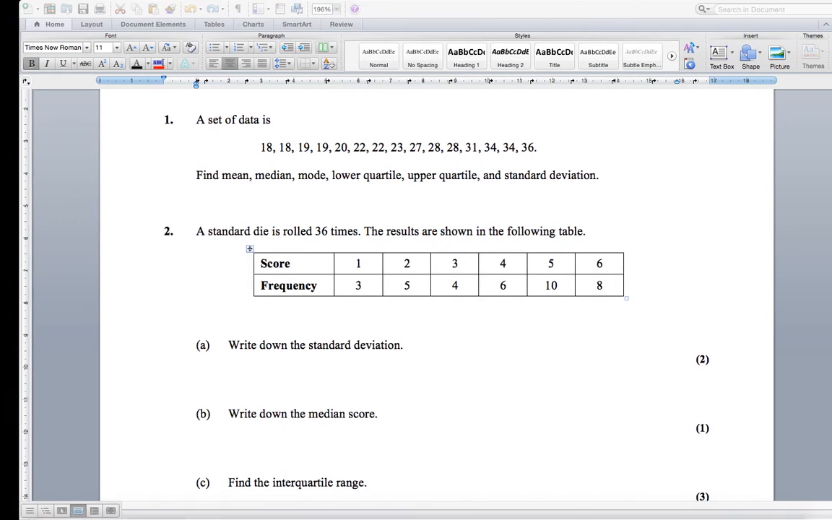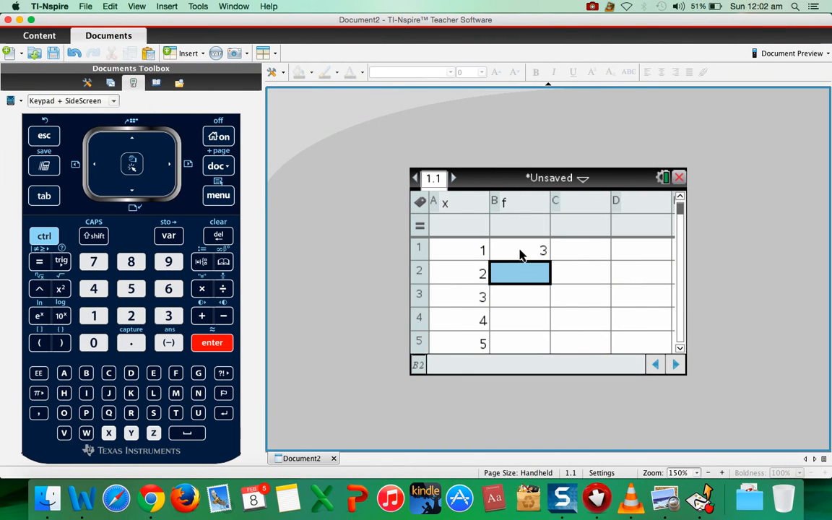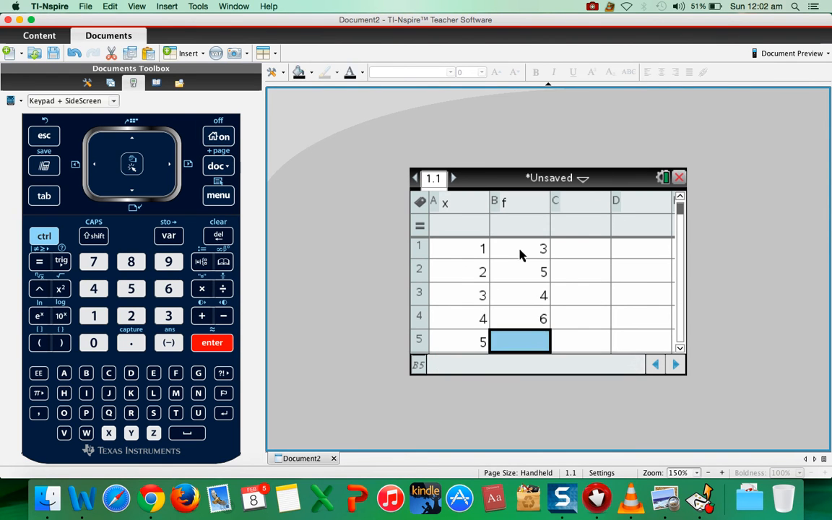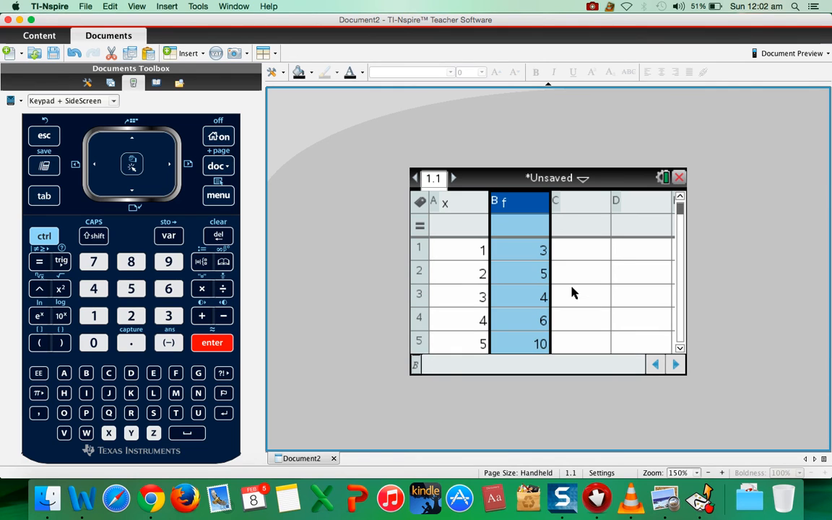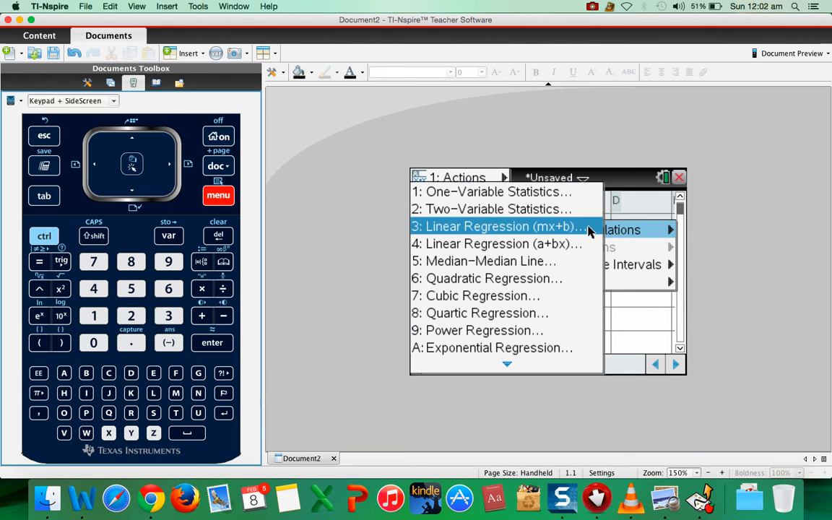Okay. Now here the frequencies are 3, 5, 4, 6, 10, and 8. Once you have entered all the values, you need to press menu, statistics, stat calculations, again one